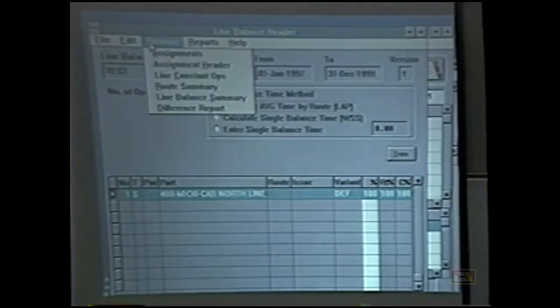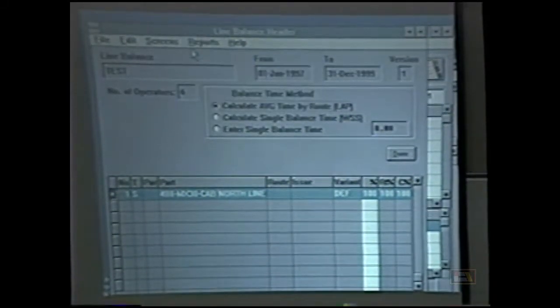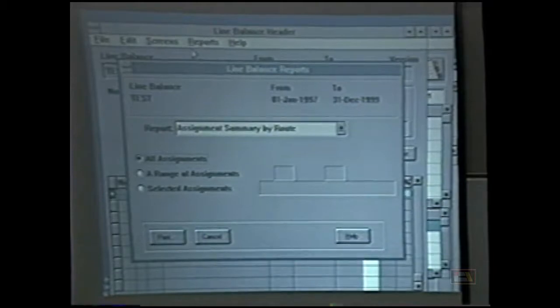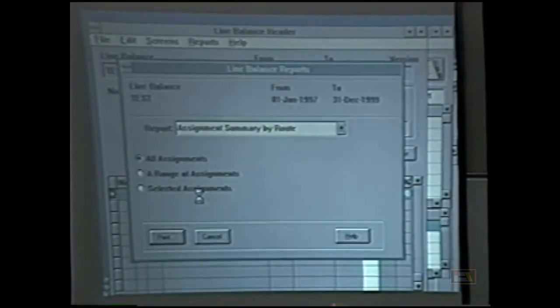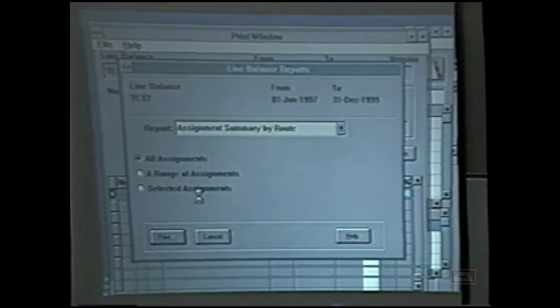And lastly, I'll just show you, we have some line balance reports. There are some that come with the system, and then there are some that I've done custom, and the custom ones I've shown you in your packet. Just to show you what one of these looks like, you can send it to either the screen, the printer, or file. And now it's going to put together a report. Some of these reports take a little bit to generate, and the reason is if you remember way in the beginning I said, I'm going to take a copy of the line balance and put it in the PC. But when I did that, all I did is take basically the operations and the operation times,